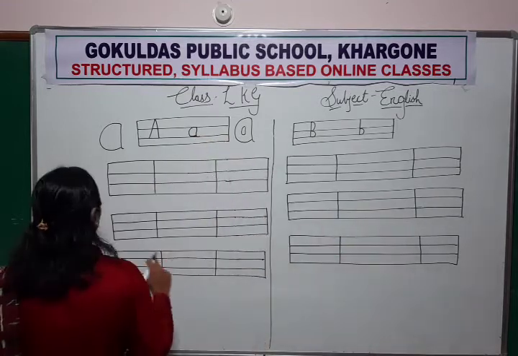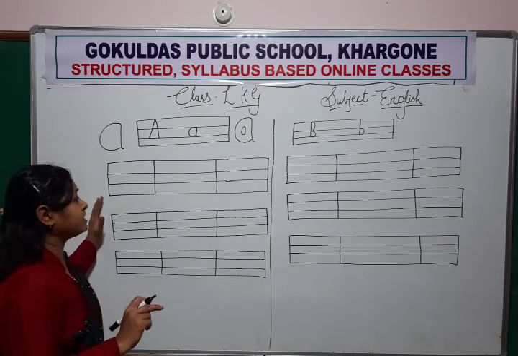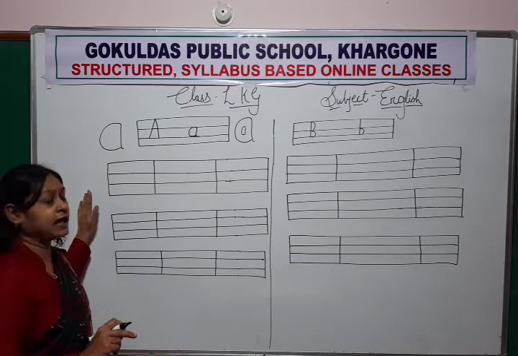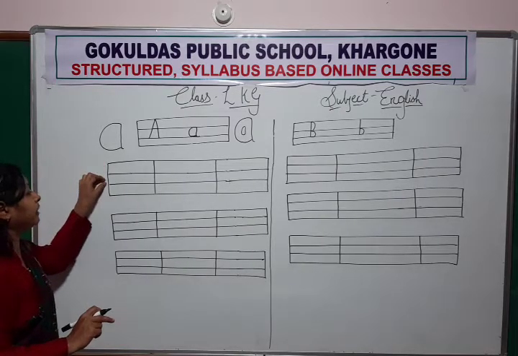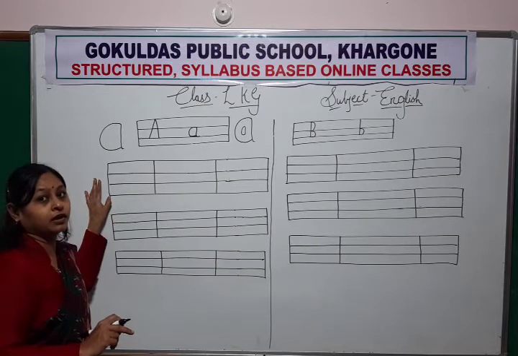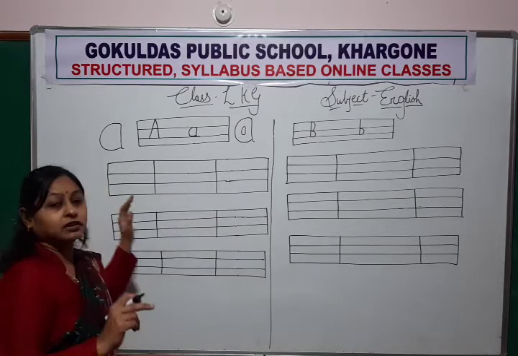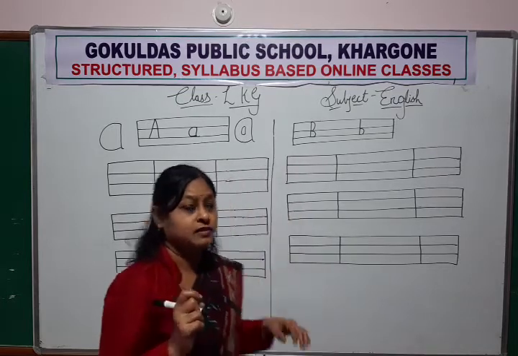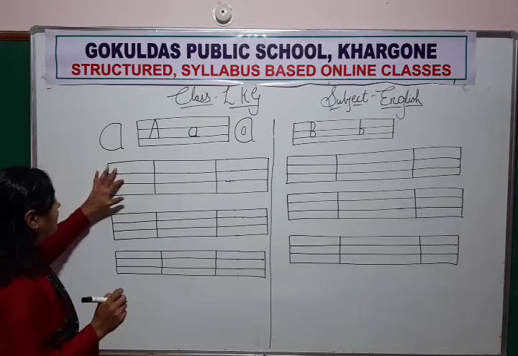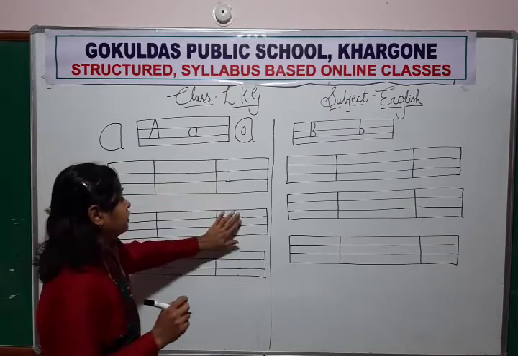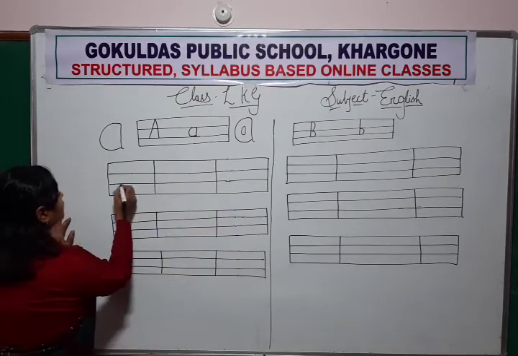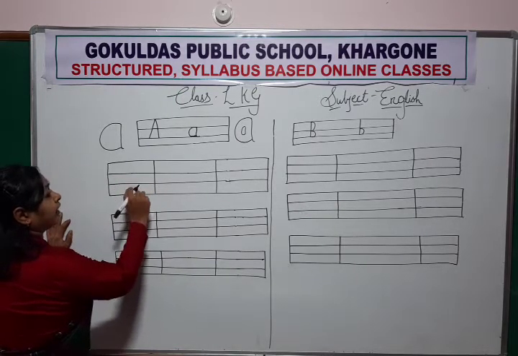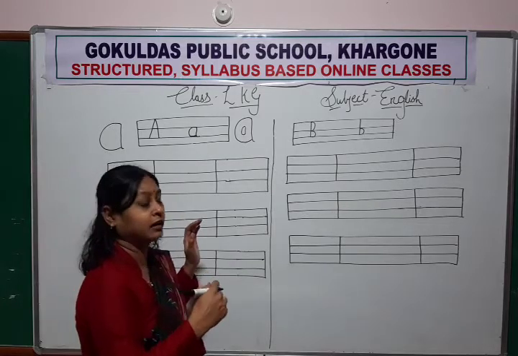So, let us begin to write in lines. Okay. You know, there are 4 lines. Upper line, middle line, base line and lower line. So, we always write small letters in 2 lines. Look here, two lines. A always two lines. So first look here. Middle line and base line. Between middle line and base line you have to start writing.